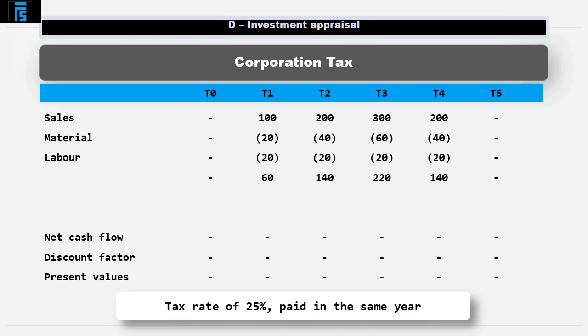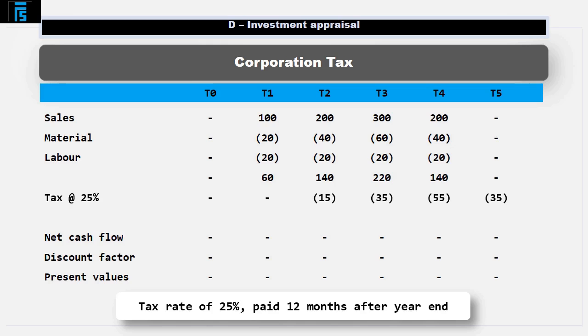I'm making numbers up as I go here just to show you how it all works. Once we've got the subtotal, it's simply a case of multiplying by the percentage tax rate given in the question and slotting the number into the right column. If in this question the tax rate was 25% payable in the same year in which the cash flows occur, we will calculate tax and add it into the pro forma as follows. If, on the other hand, the question had said something like tax is payable at 25% 12 months after the end of the year to which the cash flows relate, we would simply delay the cash flows by a year